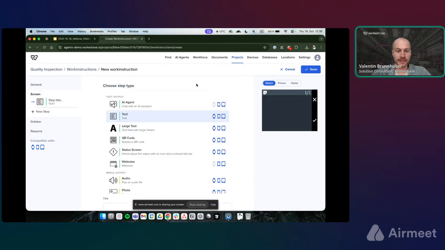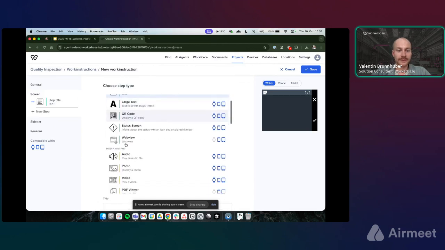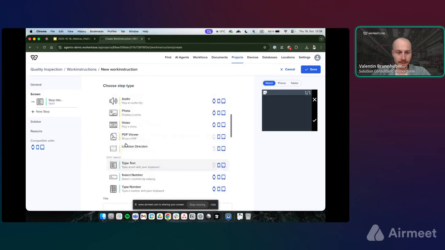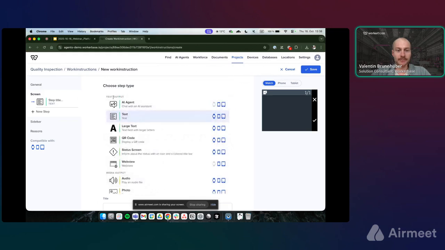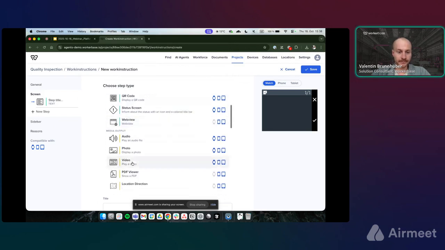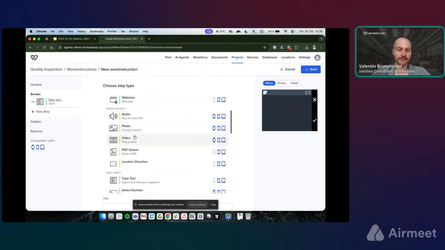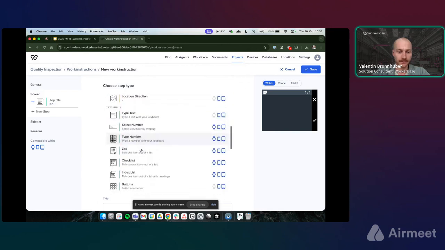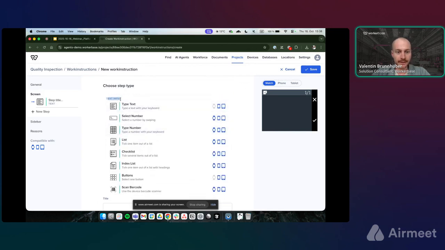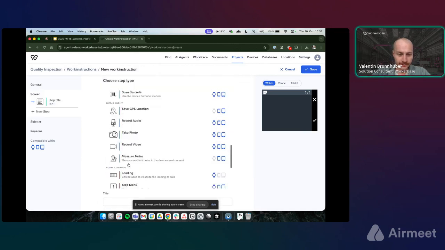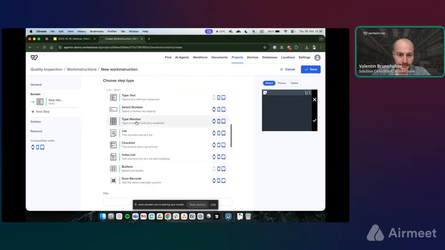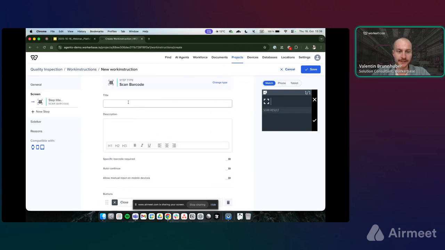When I click on change type, I can now browse through all the types that are available for me here. For example, I have text output types. That's what I showed you before in the presentation. So just to display information, or media output to show a video, show a PDF, what not. And then here, and that's the important thing, the text input steps. Because first of all, we want to let a barcode be scanned, scan the